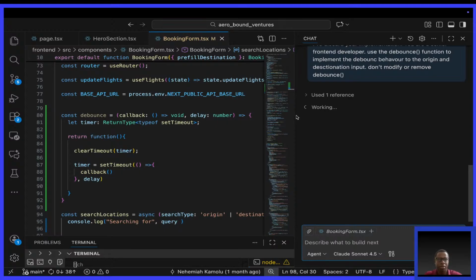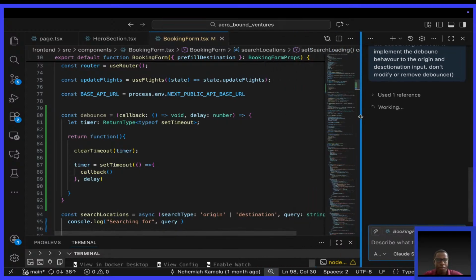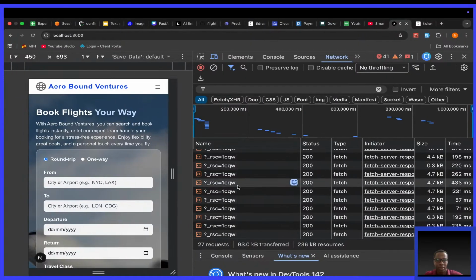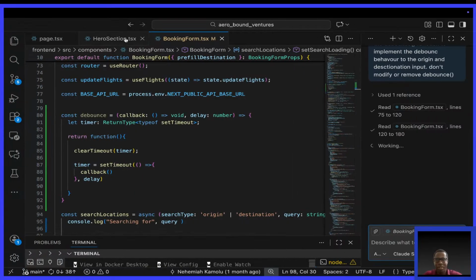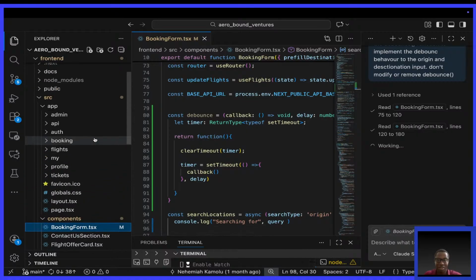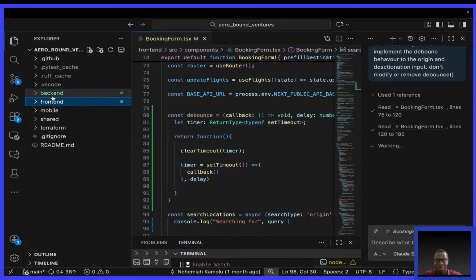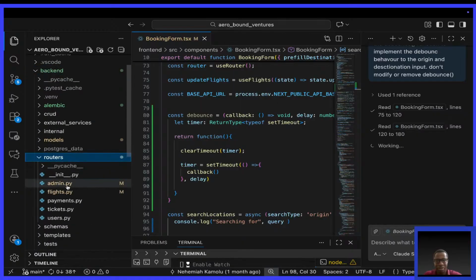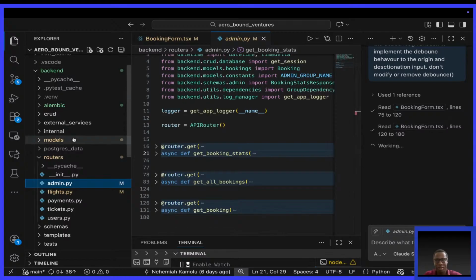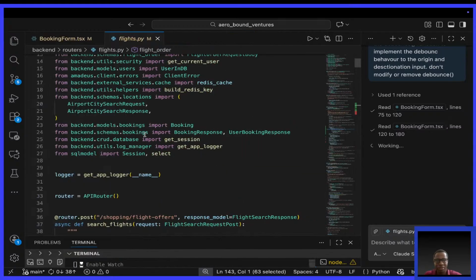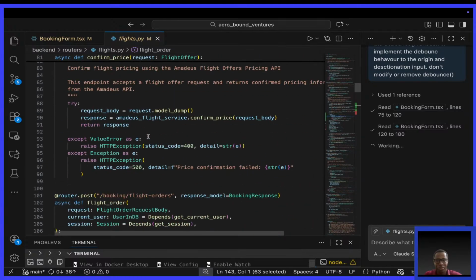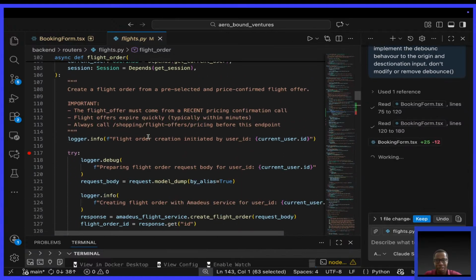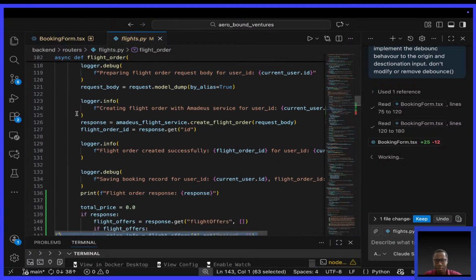Let's see. Yeah, so the thing is going to help us save issues. Actually, as it does that, I wanted to show you some things I actually changed in this project. I changed some things on the backend. If you go to routers, admin.py, not admin flights first, and you go to where's orders, flight orders. Here in flight orders, okay,